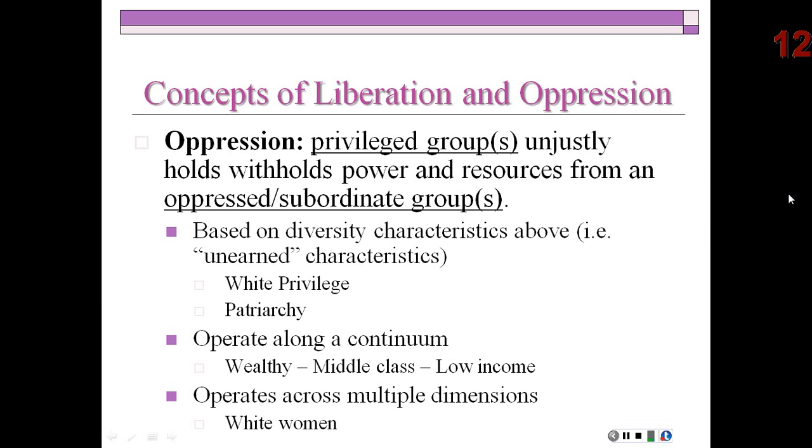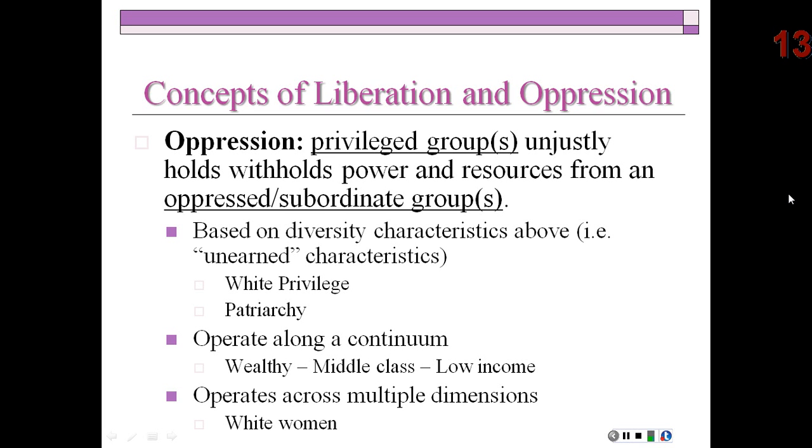Patriarchy is also another example of oppression, where males have typically dominated politics, dominated business throughout history. And again, back to white privilege, if you look at Congress, for example, a person like myself, a white male, is very well shown in Congress, right? Congress is very white and very male for the most part, and it doesn't necessarily reflect the demographics of our society.